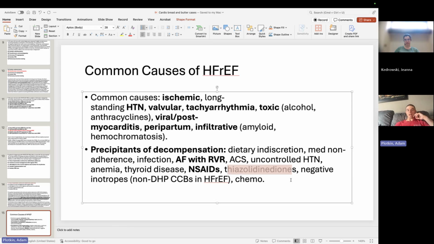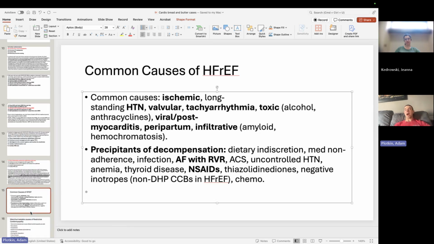What is this drug? Thiazole... I can't even say it, but do you know where we use this one? It's not really used much anymore. I would just think thiazide diuretics, but yeah, these are also called glitazones. That's how I call them. Those are the DPP4 inhibitors, is that it? Along those lines. Those are the gliptins, the DPP4s. These are slightly different, but these are used in diabetes. Not really as much anymore, but their main side effect is fluid, or volume overload, which would obviously be bad in heart failure. All right, so those are common causes of HFrEF.